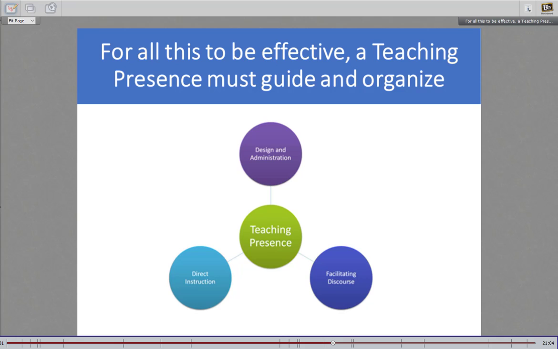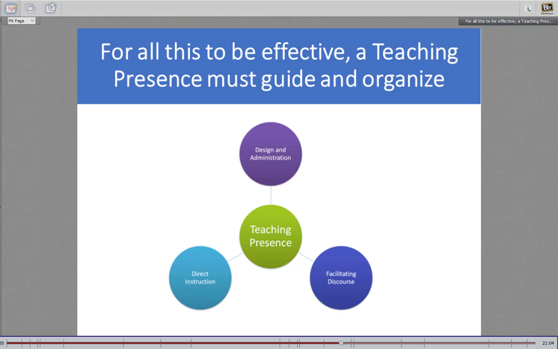It also means direct instruction, and something that a lot of people miss, and what's very difficult, is we can't just think about what to do socially. We also need to think about what to do. We need to actually get that content across. So there needs to be some direct instruction. It can't all be the guide on the side.